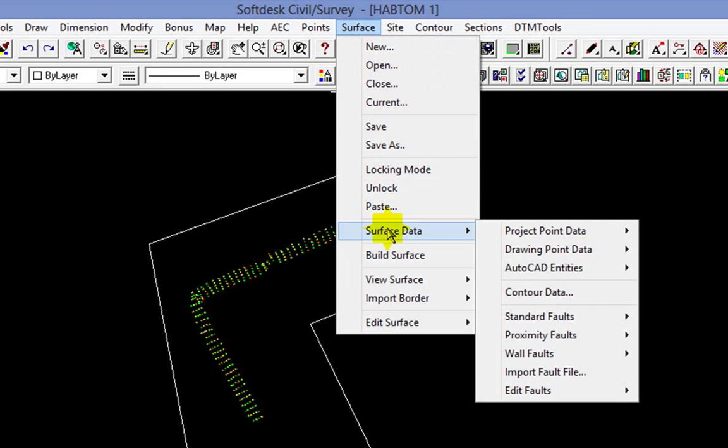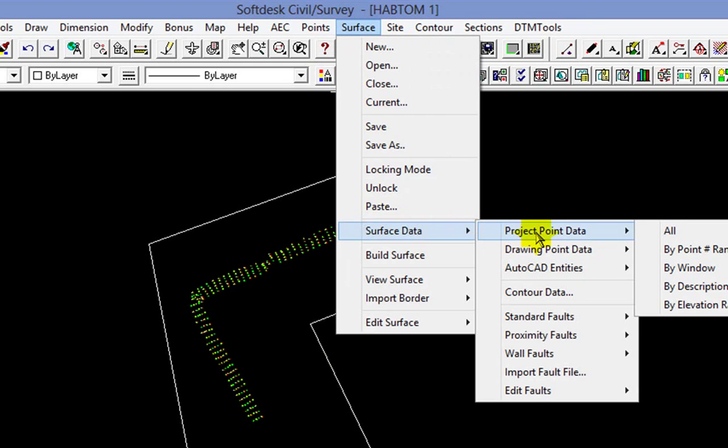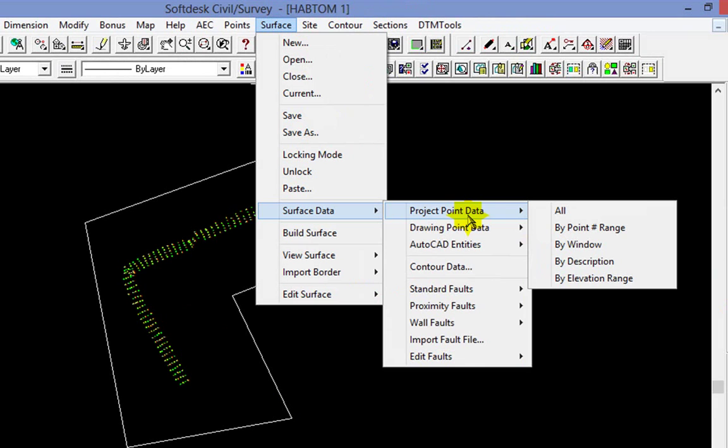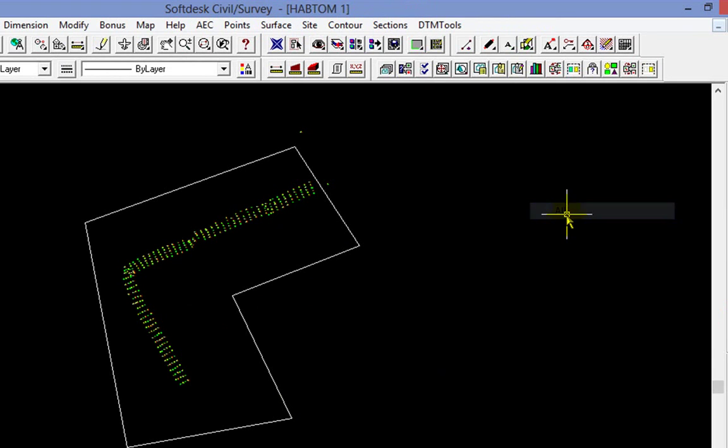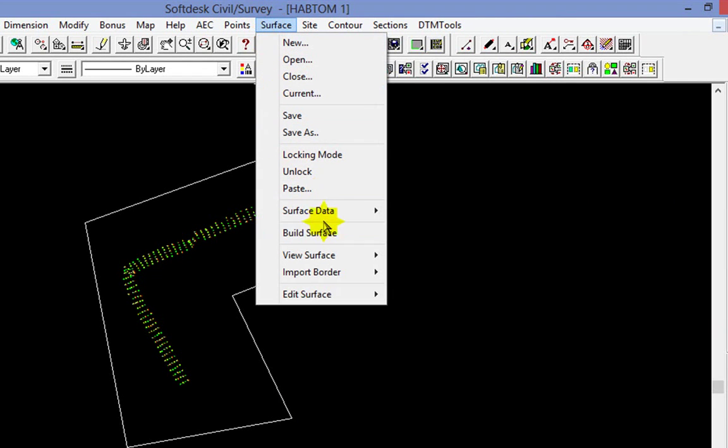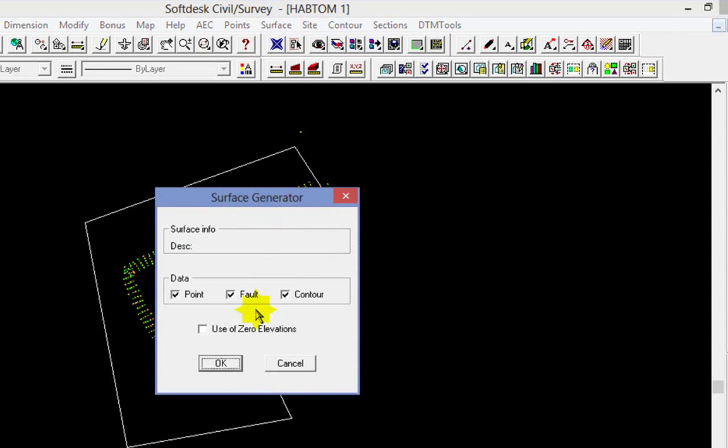Surface, data, project point data, all. Click surface, build surface, click OK,